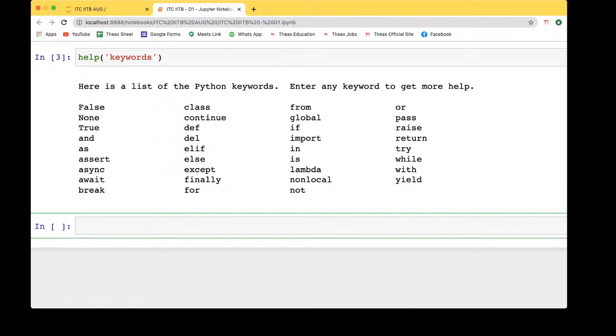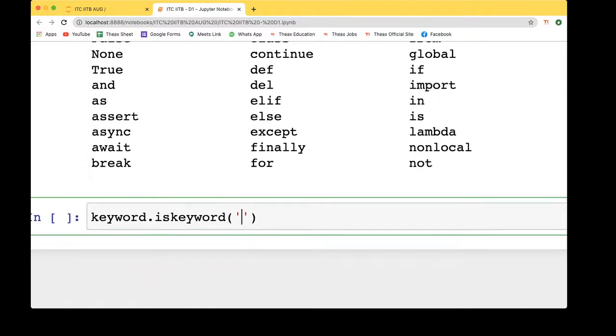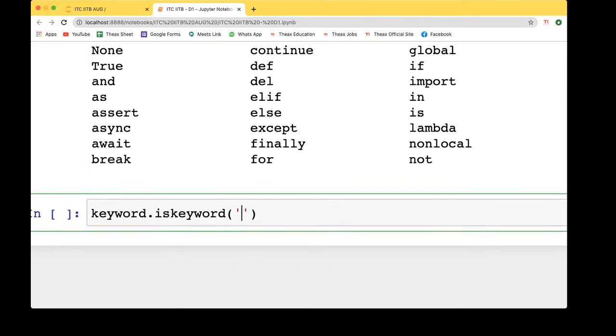So this can be done. Now let's say you want to check whether something is a keyword or not. How will you check it, guys? We'll write keyword.iskeyword, and inside the string you'll write whatever you want to check.